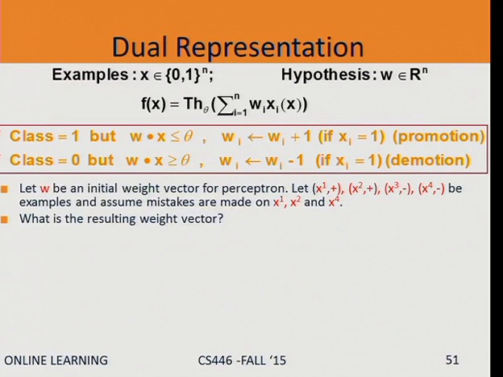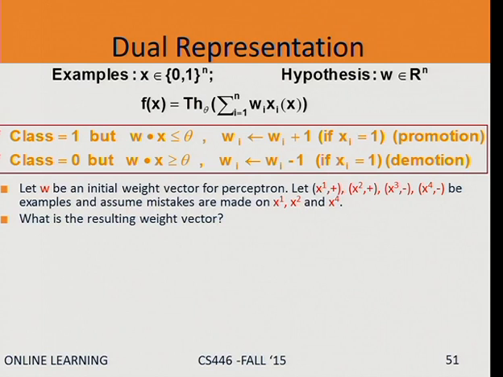Okay, so let's go back to perceptron. This is the algorithm. Two things to note here. One is I've written it in a slightly different way. Instead of just writing wi xi, I'm writing wi xi of x. I didn't change anything. Really, xi is a function of x. I'm just making it explicit. xi is the function of x that takes its ith dimension. I didn't do anything, but it's good to remember it because I'm going to use more sophisticated functions here later.